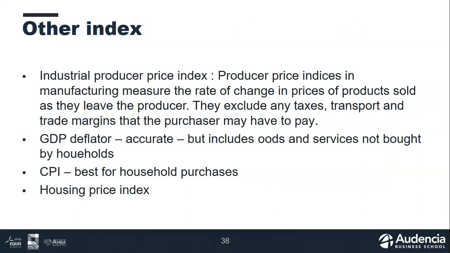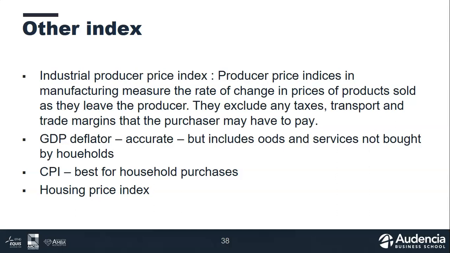Other indexes exist for prices. Obviously, we're not all consumers. Some of us are producing goods and services, so we can use the producer price index. This is looking at the change in prices of products sold as they leave the producer, and this allows us to understand prices along the production process and value chain. We've seen in the past in class that the GDP deflator can be used, and it's defined by the ratio between nominal and real GDP. So it's good,